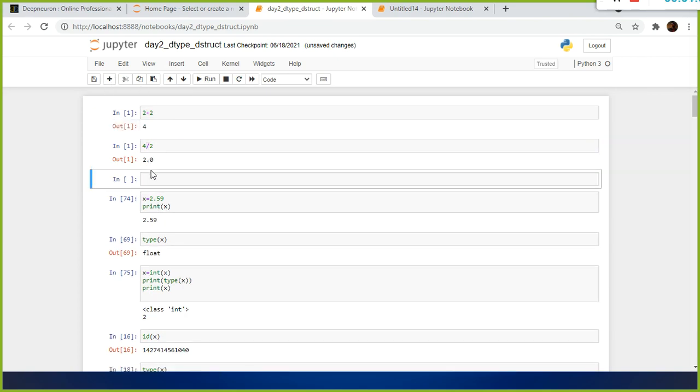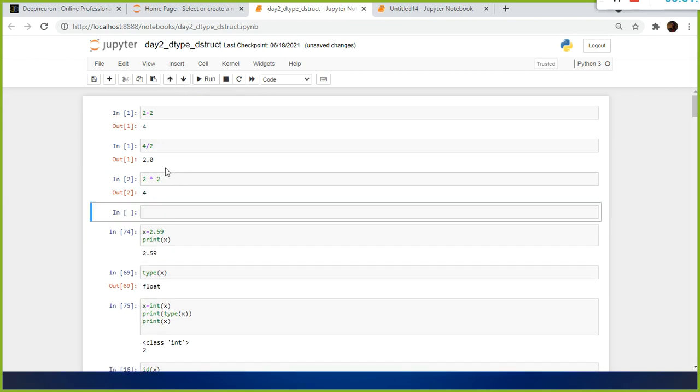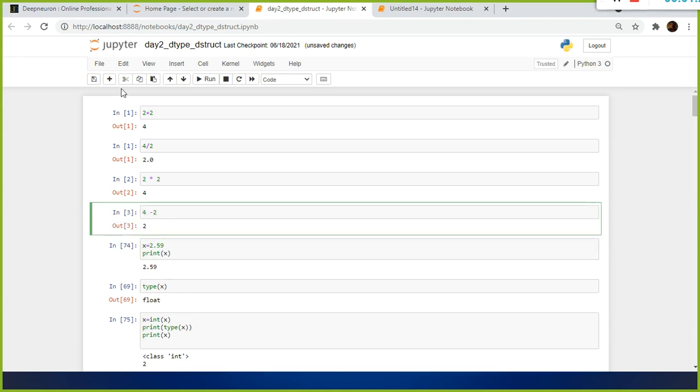Multiplication is, for example, 2 into 2, that is the multiplication operator. Subtraction is also the same, 4 minus 2, negative value, right? So this is the one.